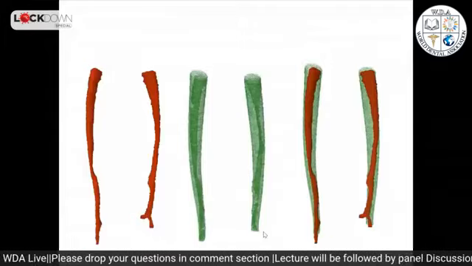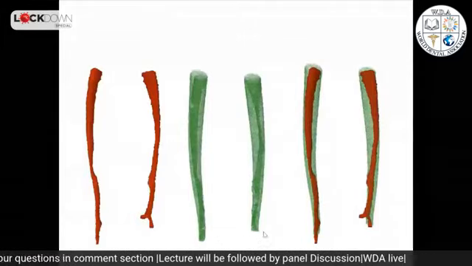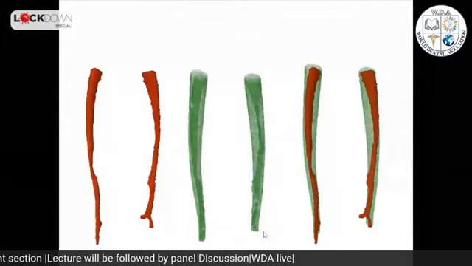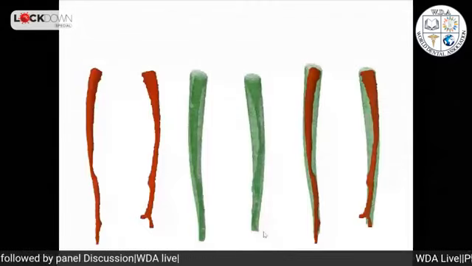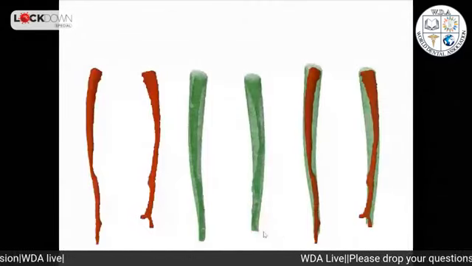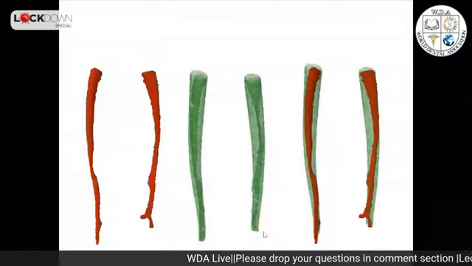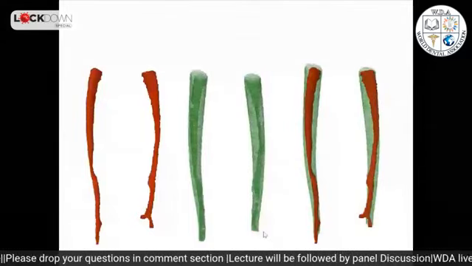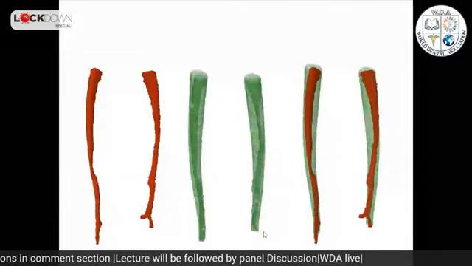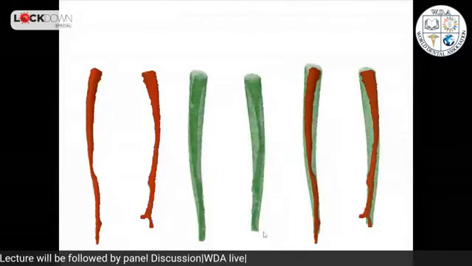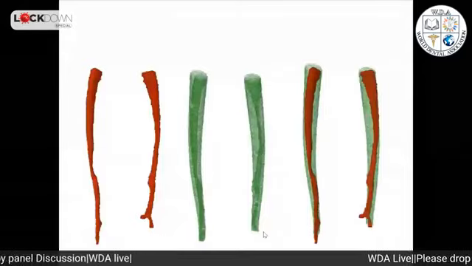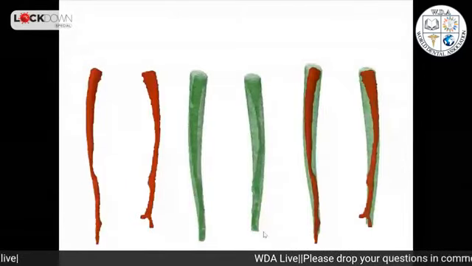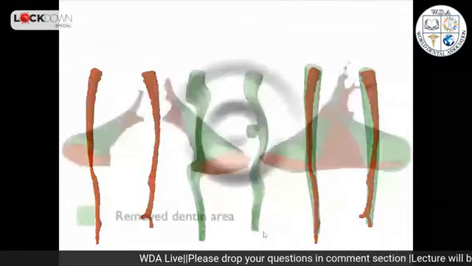And then when we superimposed the pre and the post-op, we can see that the instrumentation perfectly cleaned all the denting around the root canal space. So the problem is that we don't know if this is happening in our patients because they may have several different types of anatomies. So what happens in reality is this.